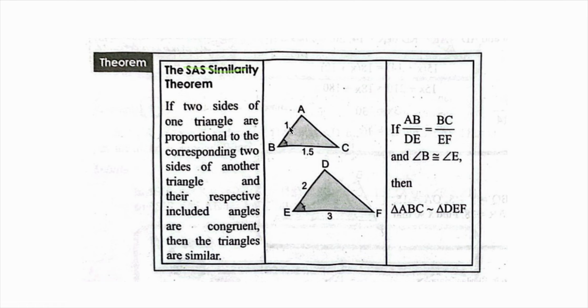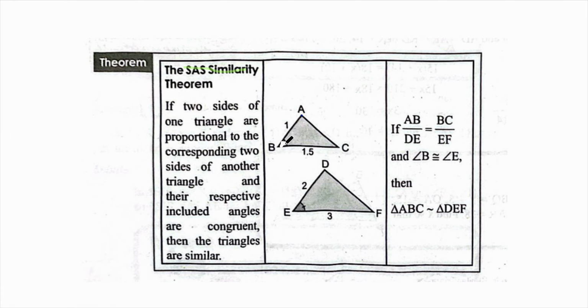similar. So for example, if I have here the measurement of side AB over DE, there is also a measurement, the same ratio, that is equal to BC over EF. BC is already given here, and EF also has its measurement. And if they have the same